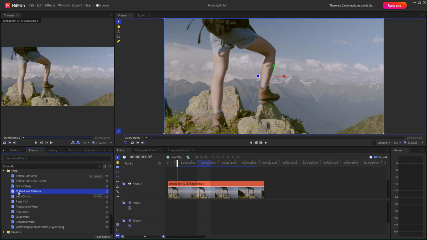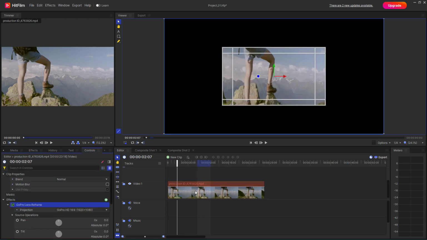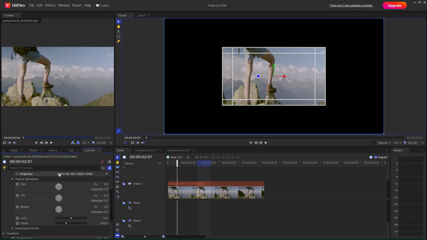So once you do that, you can see that GoPro Lens Reframe is an option over here. What you need to do is click and drag that onto the footage right here, just like this. And then the effect is applied. And over here you can choose the projection that you want. For example, you can see that it reframes this as 16:9